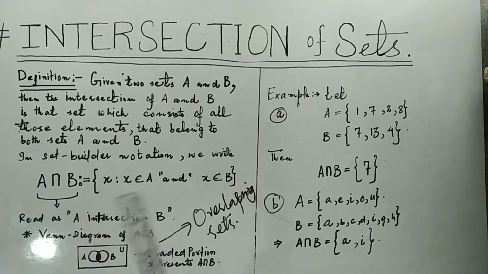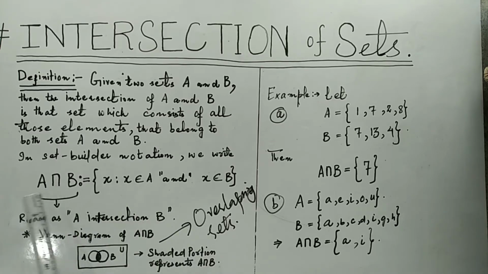Here, between this definition and the definition of union, we must notice one difference: in case of union we had here "or", but in case of this intersection there is no "or", there is "and", and this "and" is very special. It tells us that in set builder notation we write the intersection of two sets this way,